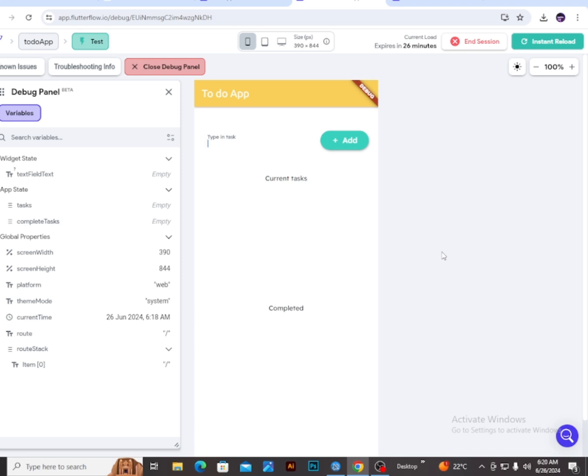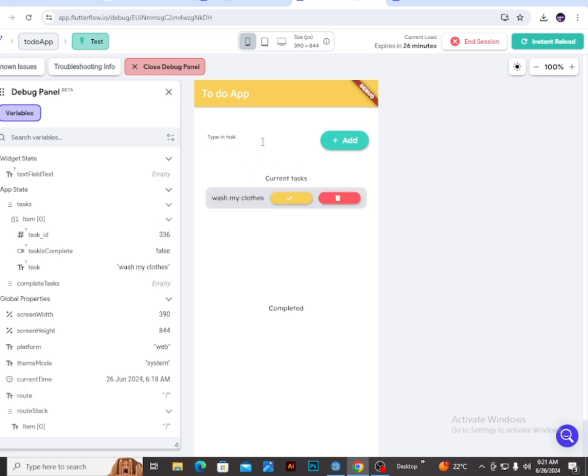So we are going to create two lists. One list is going to hold the current tasks, and the other list is going to hold the completed tasks. I'm going to show you a proof of concept where we are just going to create a list of tasks. I'm going to say wash my clothes, and we add, then I'm going to create another one, iron the clothes,